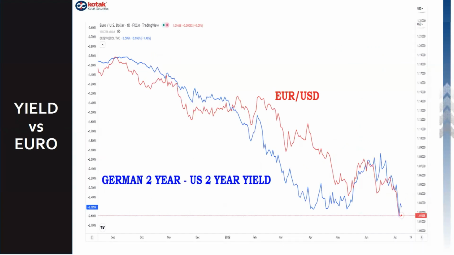ECB is expected to hike rates this month, but in spite of that, what we are seeing is a plunge in the yield differential. Now, this yield differential is a very important factor when you are tracking the euro dollar, because it drives a lot of flows, that is carry trade flows, and also flows into the debt market. So when the yield differential is positive and increasing, it tends to attract a lot of capital towards that currency. So always keep track of the yield differential between Germany and the US. And currently it is plunging and it is taking the euro dollar down with it.